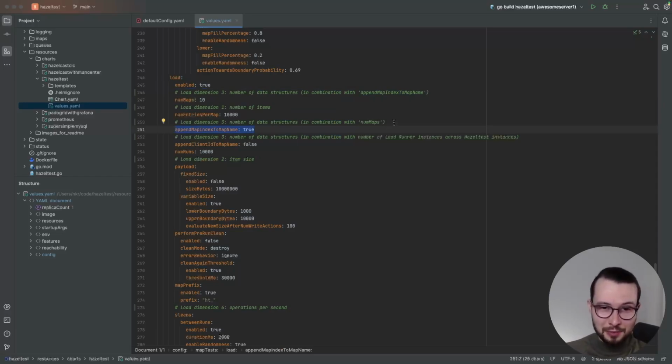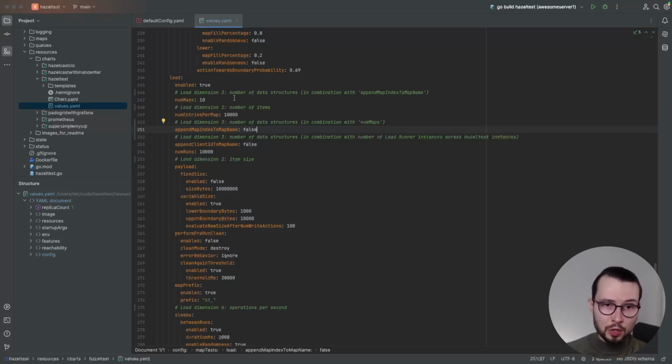Hence there is this little comment that I inserted here, that this also corresponds to load dimension 3. For those who skipped ahead and didn't watch my little rant about how hard it is to name things properly, if you specify this to be false, only one map will be created, being HD